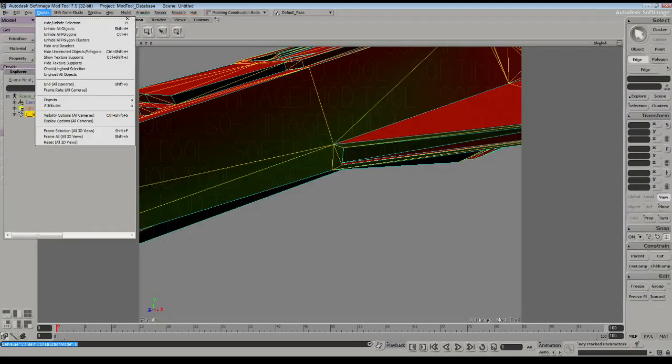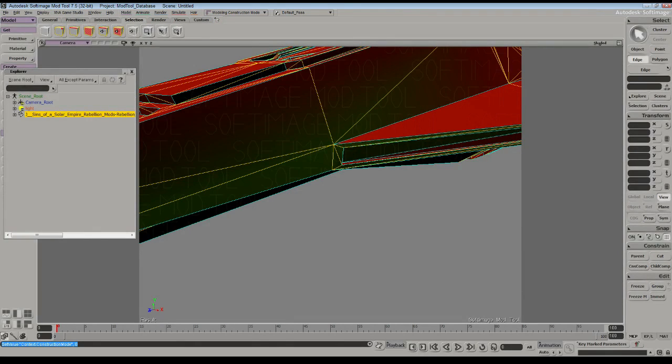I'm trying to remember how I actually called this tool up, but there's a raycast edge tool in Softimage, and basically that's what we need. Now you select the edge or edges,